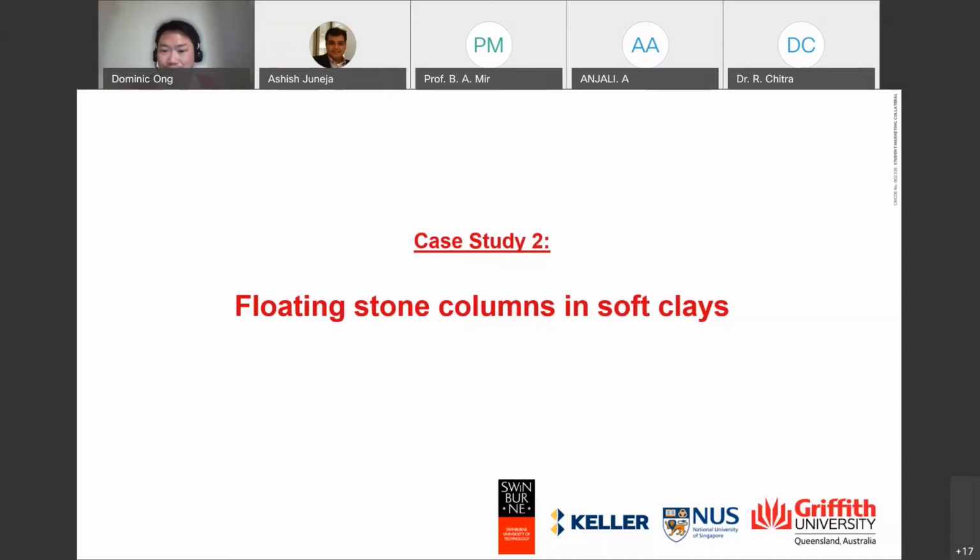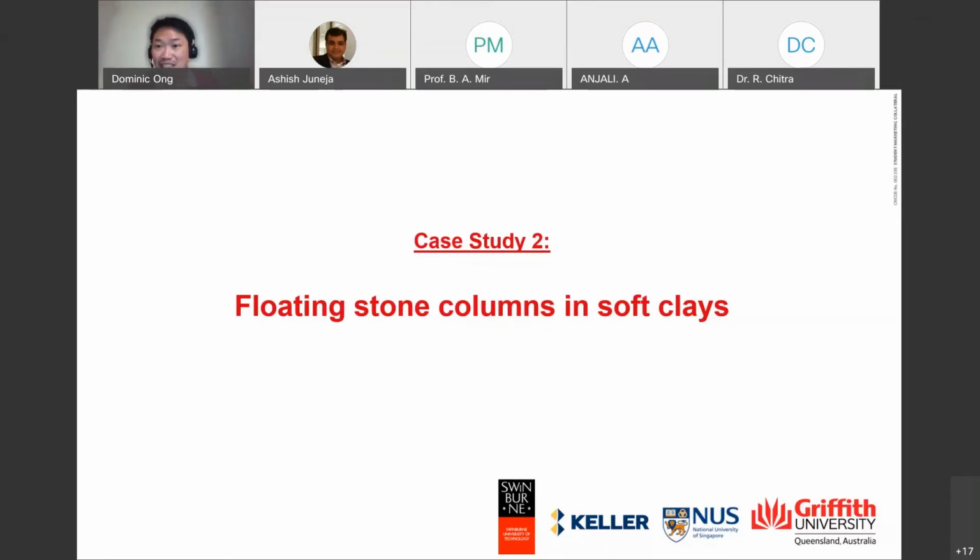And I have to acknowledge my previous university, Swinburne. We collaborated with NUS, which is where I actually graduated from, together with Ashish. Prof. Leong was part of the research team, and Keller was the one that actually supported this